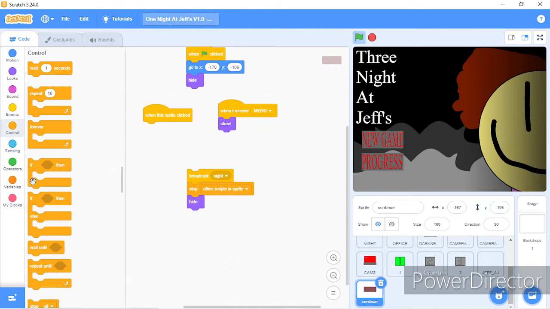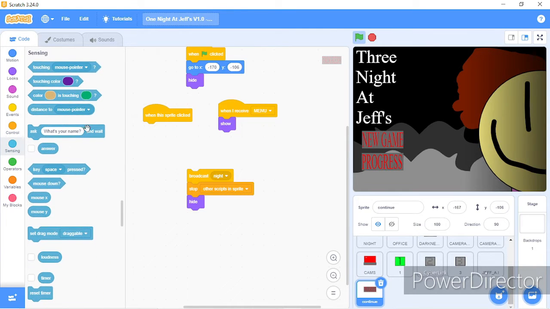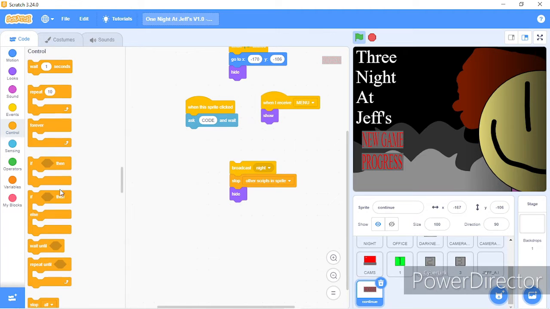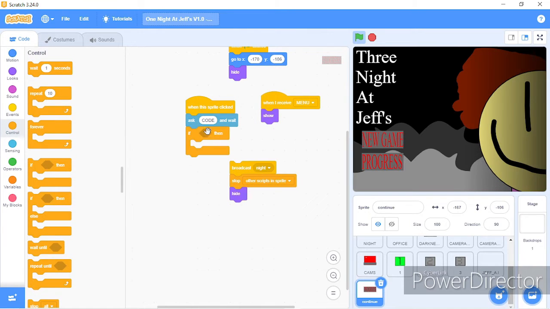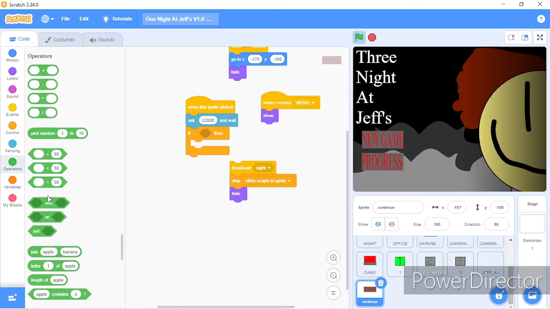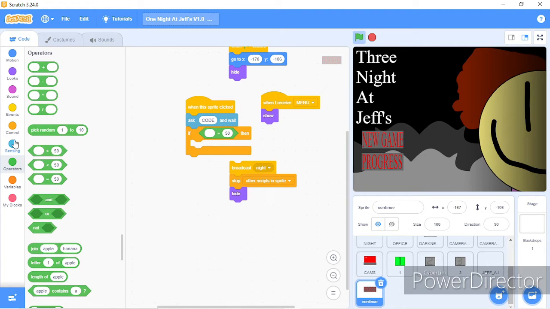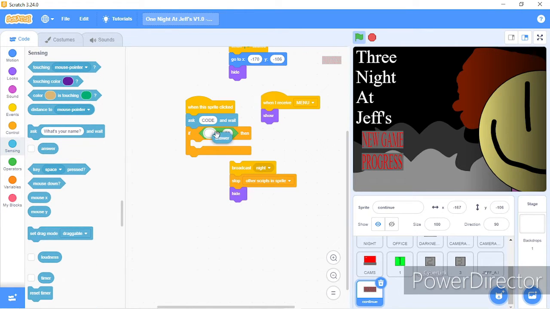But I'm going to do a little something different. I'm going to do ask what's your name, but instead of what's your name, we're going to put code, because this is like the easiest way to do saving in your Scratch games. So I'm going to do if then equals. Now, if answer equals, what do you want the code to be? I want my code to be